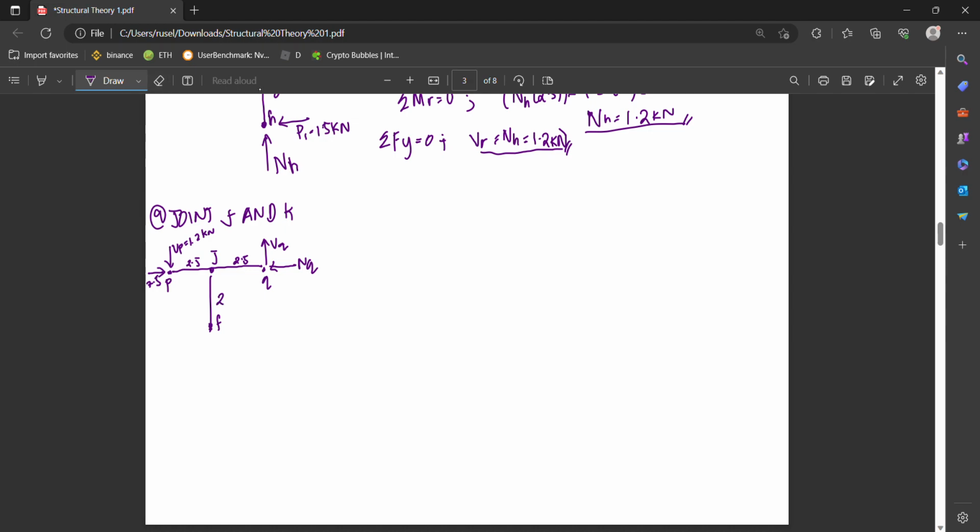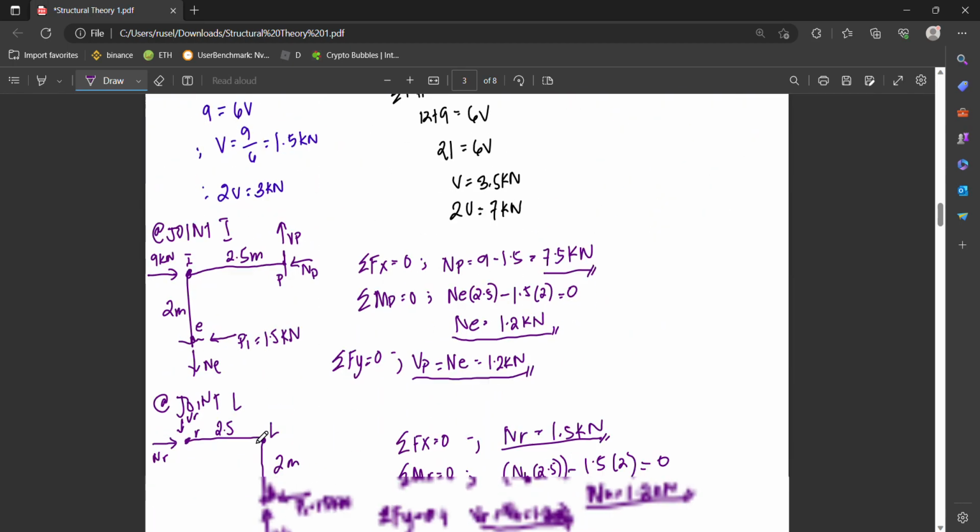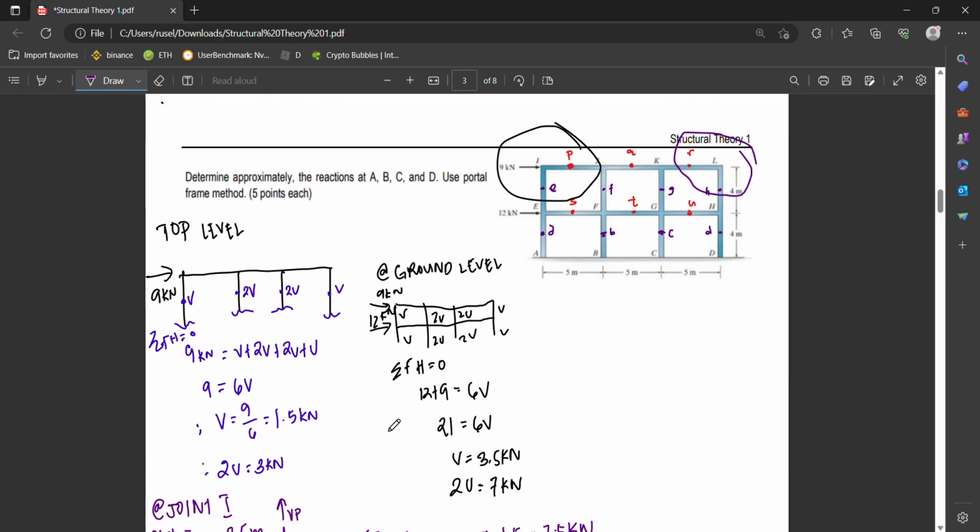Also, this is 2 meters. Then you have your 2P1, or sige, ginawa ko ng P yung V natin kanina. Okay. Your V here stands for, sige, gawin ko na ding V, P to,